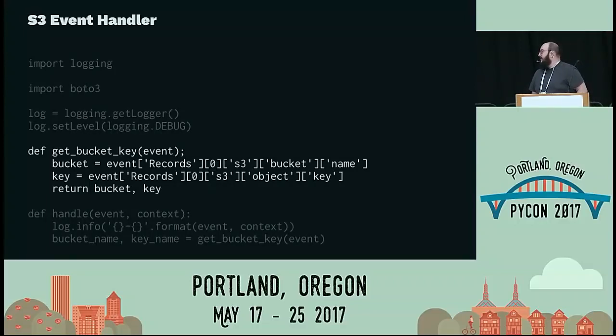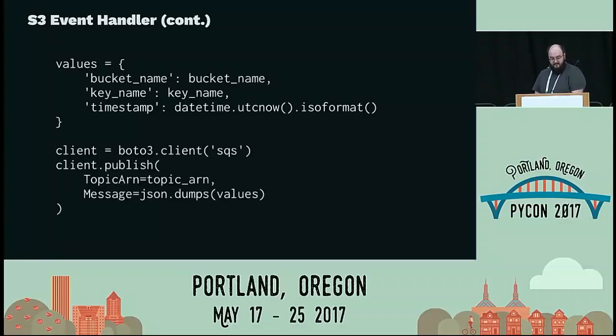It's easy to make a pretty complex file that's hard to read, so we try to keep our handle methods very simple. So this parses the event, and here you can see S3 sends those in the structure that's kind of listed there. You're always going to get those events in Apex as JSON format, or basically looks like a dictionary to you by the time you get it. And then this is the rest of the handle function where we're operating on the values of that. And then ultimately here we're going to publish that to our SQS queue.